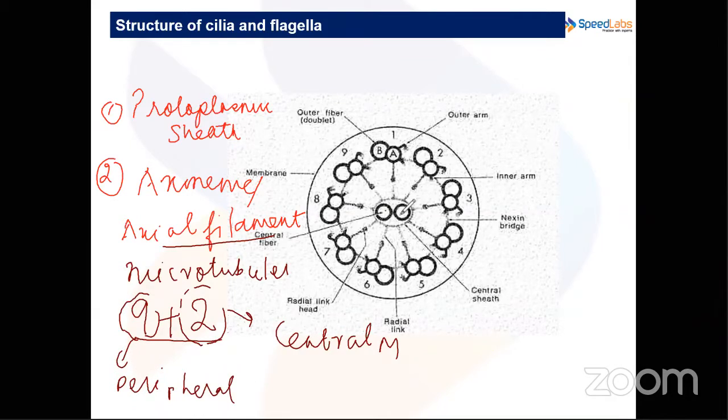So you can see 2 are central and 9 are peripheral. I'm going to explain the structure. Now what is the structure of each microtubule? Each microtubule, let us just talk about the peripheral microtubules. So coming to the peripheral microtubules,